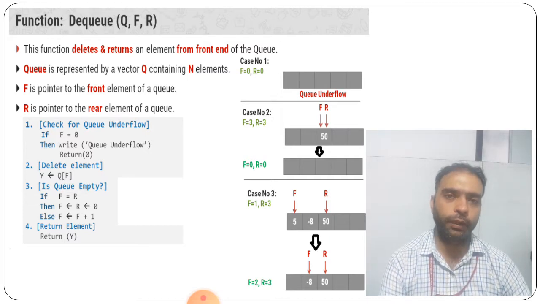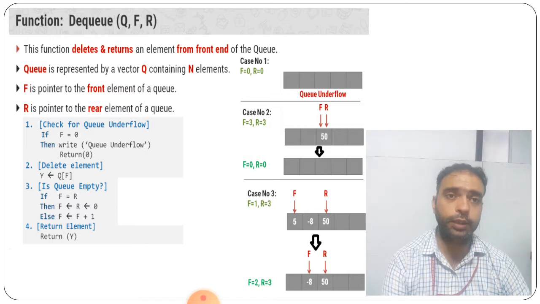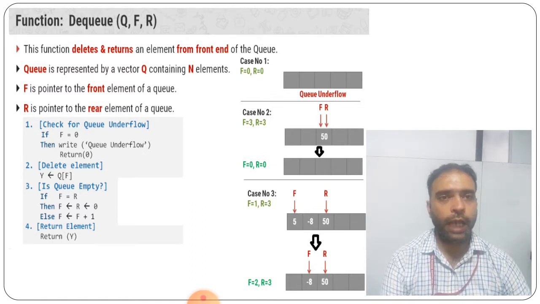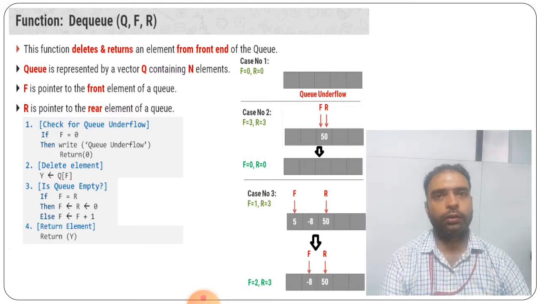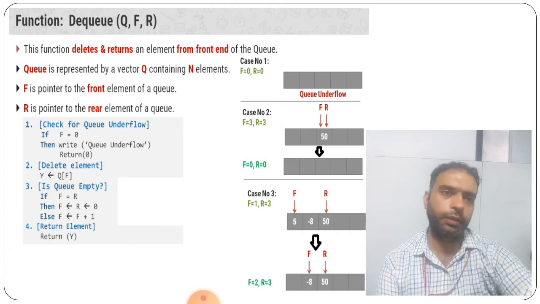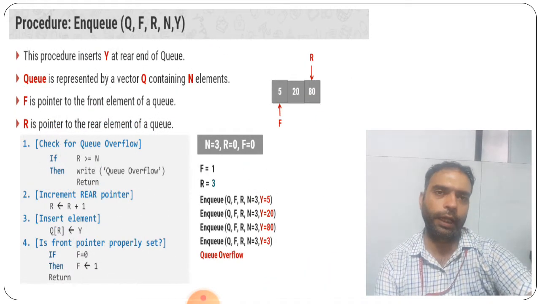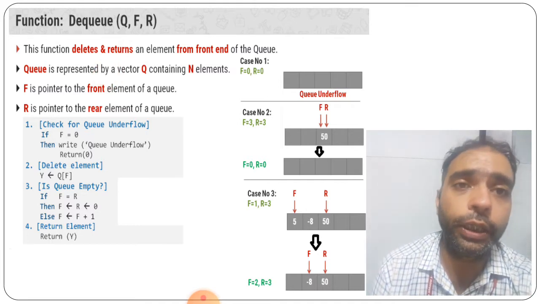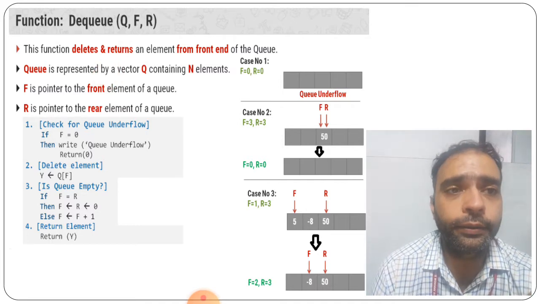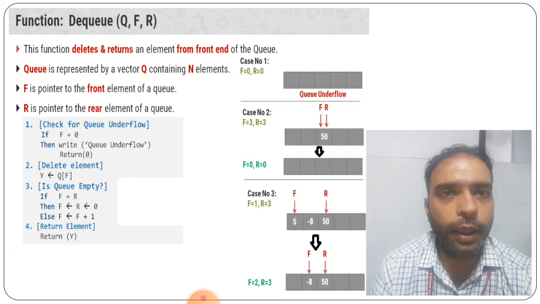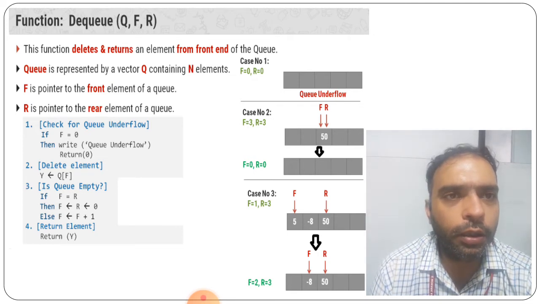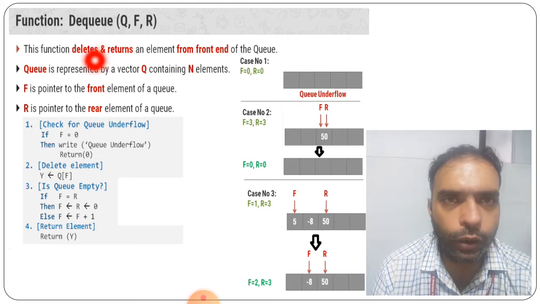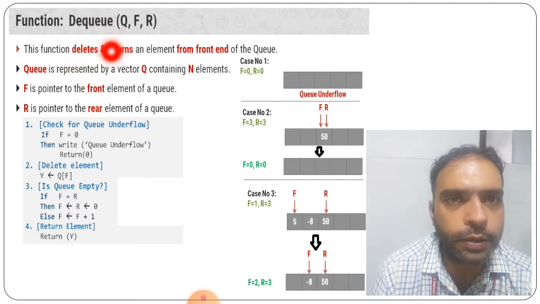I am Parth Wadhwa from the IT department, going to explain the linear data structure, and we are continuing with the next part of this queue. In the previous part we have done the NQ part, so now we are continuing with the DQ part. DQ means how to delete a particular element from the queue. That process we call DQ.